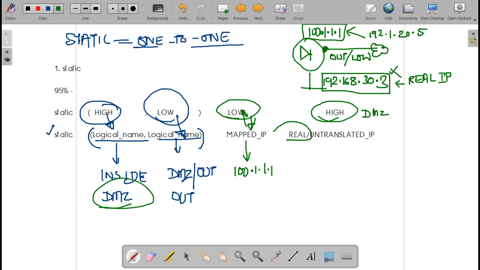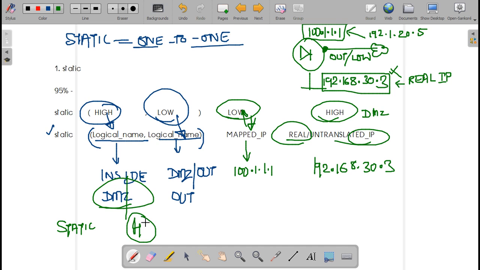What is the IP address at DMZ? 192.168.30.3, your real IP. So it will always be static, high, name of high security level interface, low, name of low security interface.